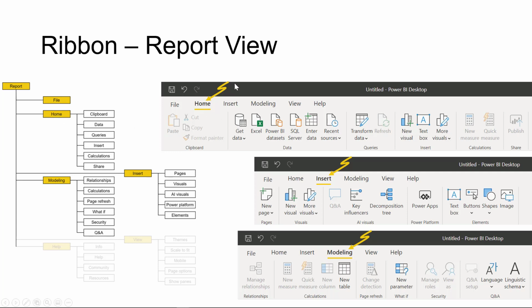So within home, which is this one here, you have these sub areas. Under insert, which is this next sub menu here, you notice that the icons within the ribbon change altogether. You have pages, which is this one, meaning you can create a new page. Visuals, to add more bar charts or other visuals that you want. AI visuals are AI driven visuals. Power platform, if there are other Power apps that you utilize, and elements, which are some of the text boxes, buttons, shapes, or images that you want to embed into the